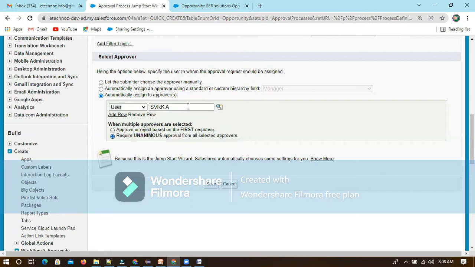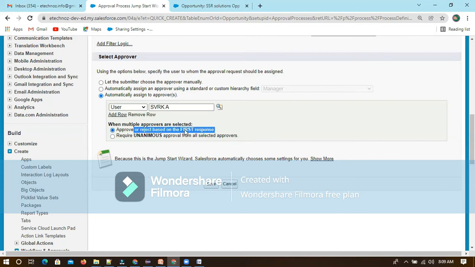Let's consider if I have multiple approvers, all have to select whether it is approved or rejected. Then only it will be considered, and it will be approved as per all the approvers. But mostly we will use only a specific approver, so we will use this option only.